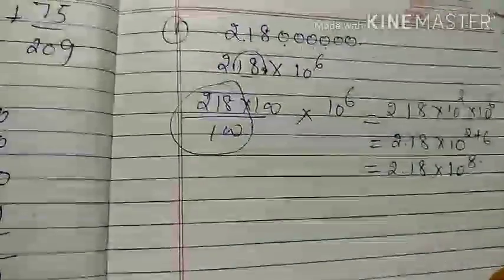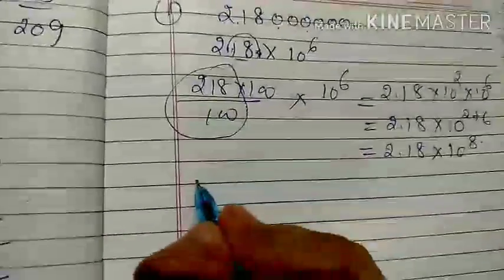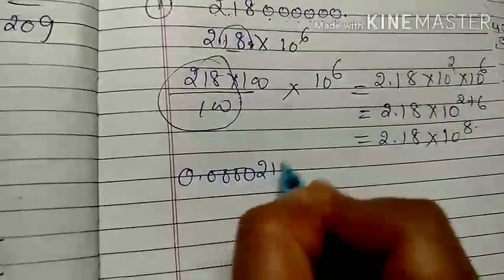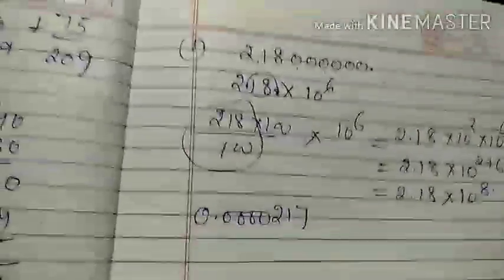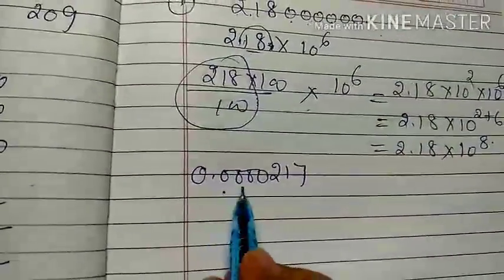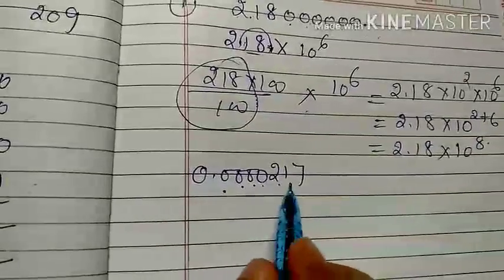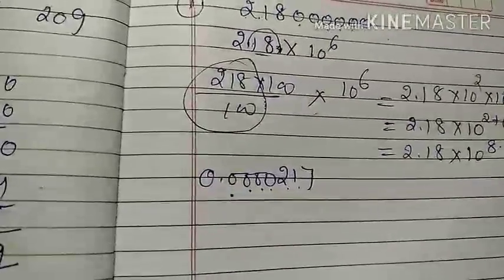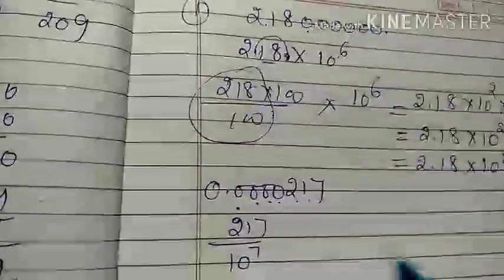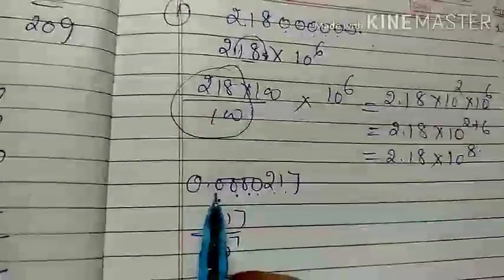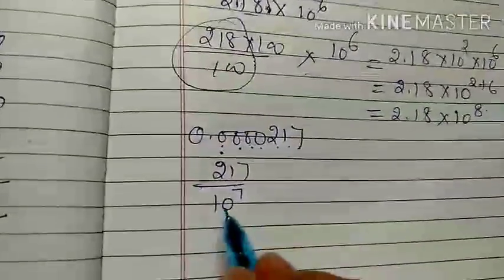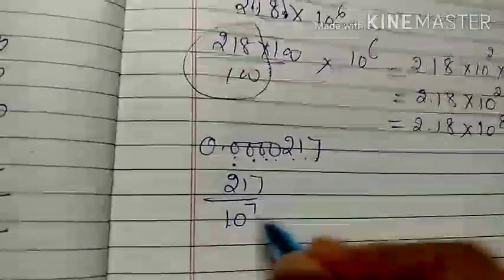But what happens if the question is like this, like 0.40 and then 270. The first thing you have to do is remove the decimal sign. 1 2 3 4 5 6 7. After the decimal there are 7 digits. When I remove the decimal, the denominator will be 10 raised to power 7. Like 1 2 3 4 5 6 7. So now I have shifted it here.